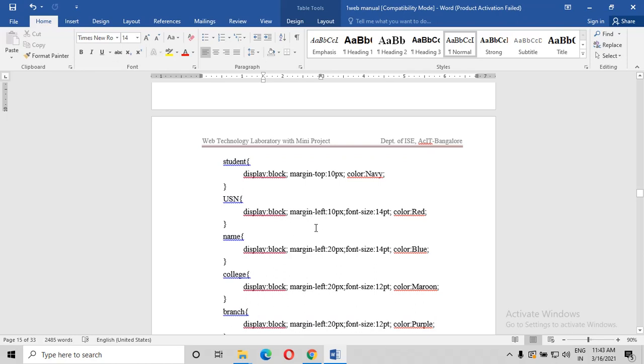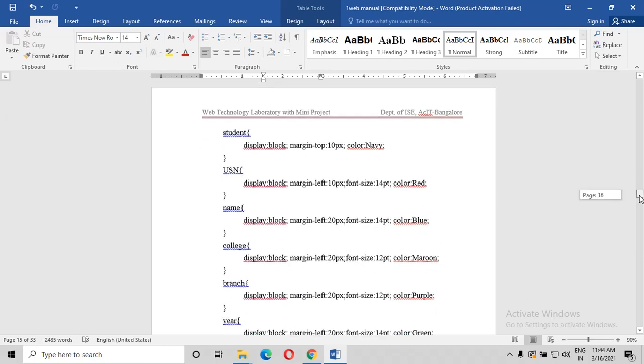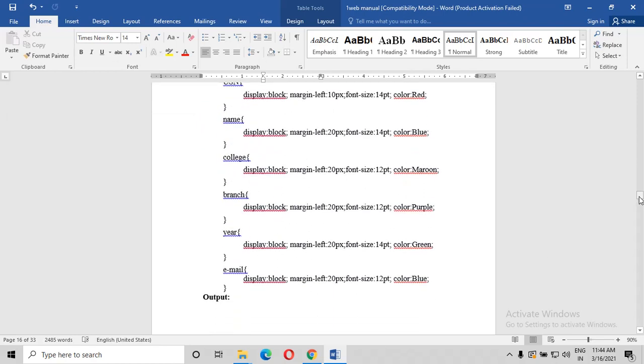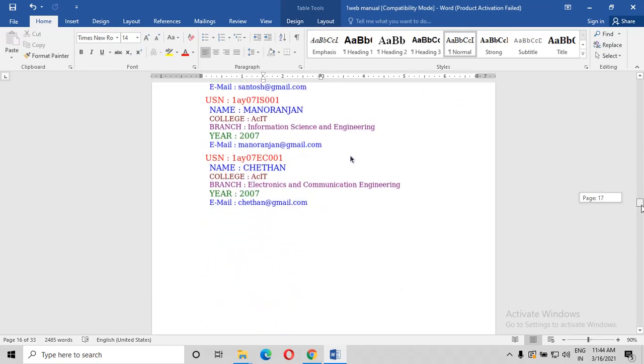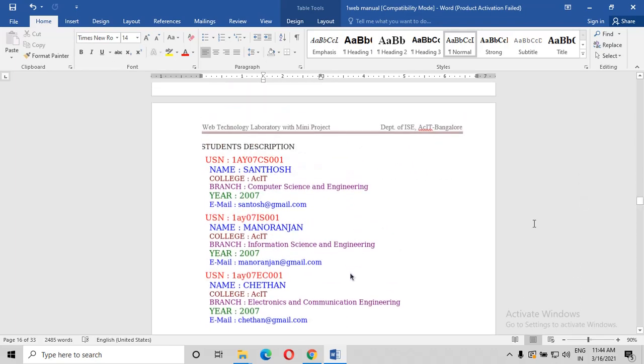Yes, please understand this. Different colors you have taken. The examiner may ask you to go with a single color, and they may ask you to change the font size. Why type text/css? What is that? They may ask what the type attribute is. The type attribute mentions what coding you want, the CSS. For that purpose we have taken it. In the output you can see the different colors for the three students' descriptions. H1 we have taken as student descriptions, which is given with no color, and these have been done with different colors. Hope it is understood. Thank you so much.